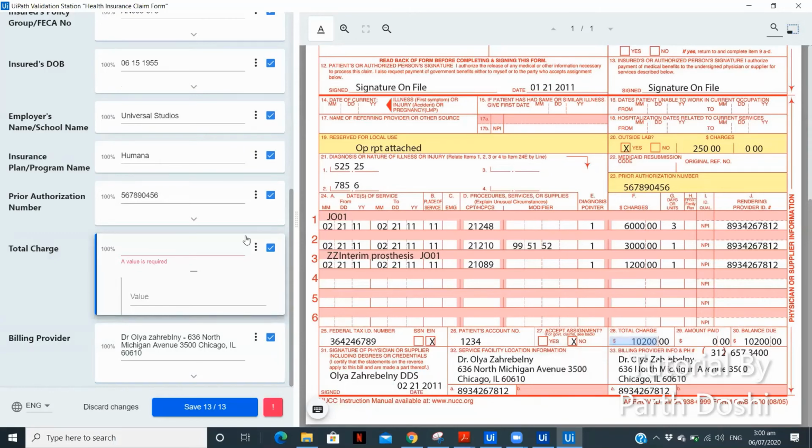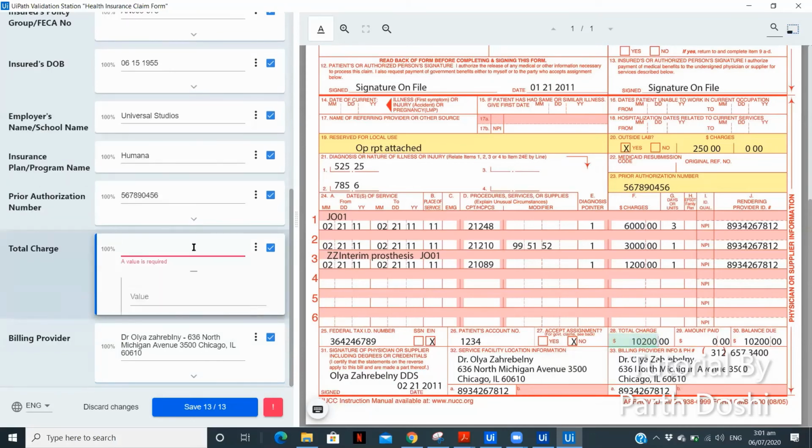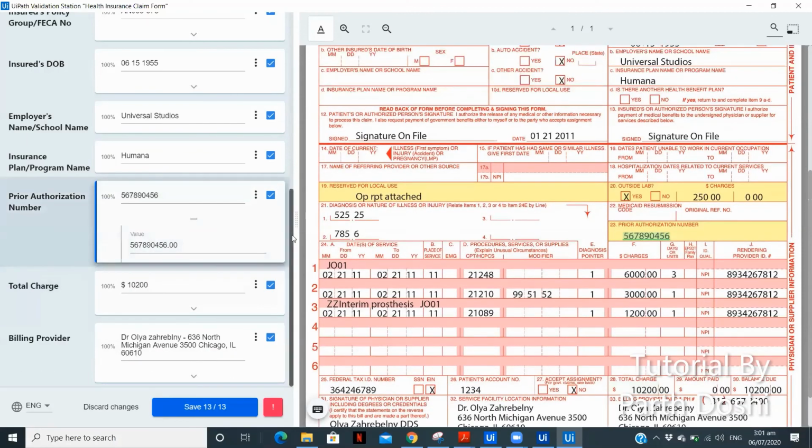Okay, so let me just do it again. Okay, so we are not able to extract the data, so let me just manually type it over here. 10200. Since that further 00 is not important, let's keep it as it is.